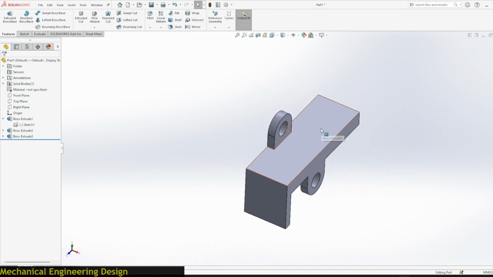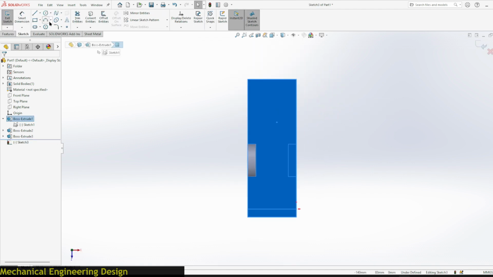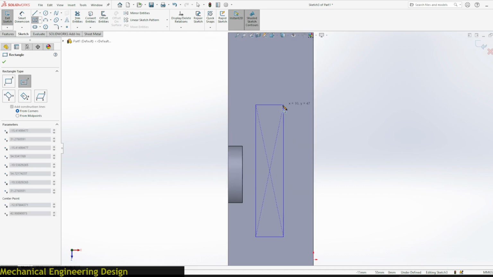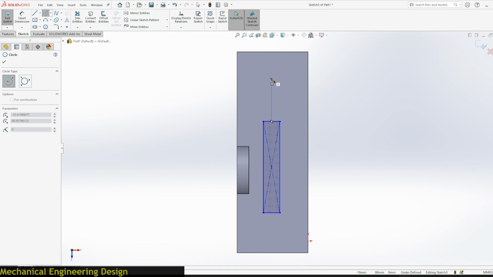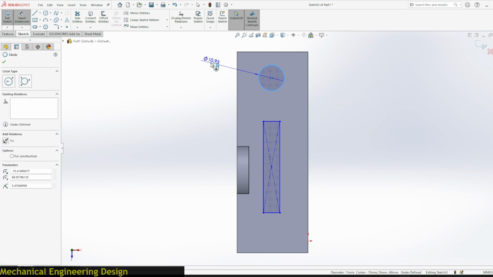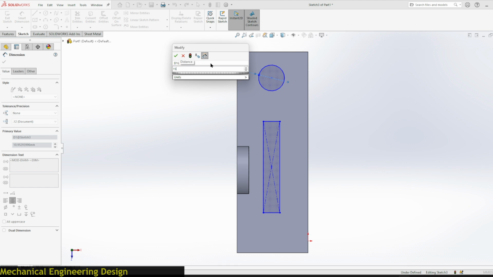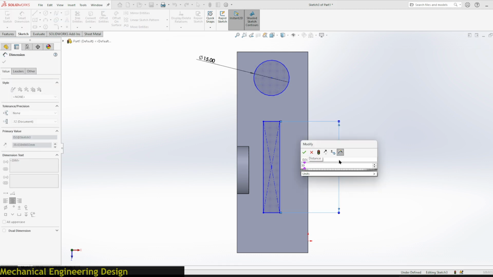Now the next part we'll go is this face sketch. We'll pick center rectangle and sketch here like that. Then circle, sketch here. We smart dimension this diameter 15 millimeters, the length of this rectangle 30 millimeters, and the